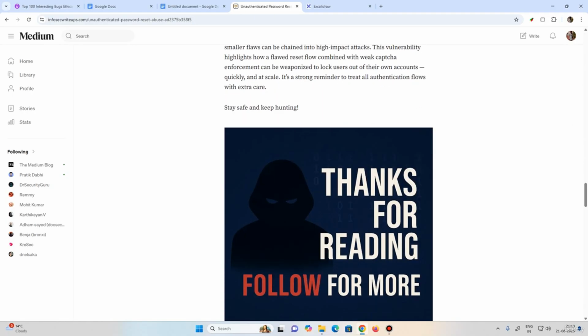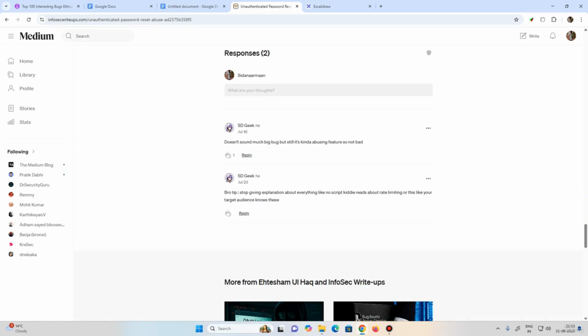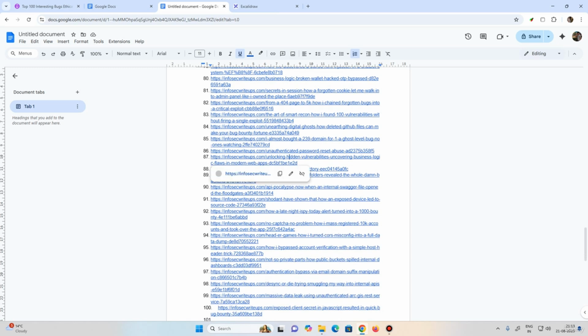So if you report it like that to a company, they would say it's intended, right? Because it's a feature. That's what the people said. It doesn't sound like a big bug, but it's kind of abusing a feature, so not bad. Stop giving explanation about everything, like no script kiddie reads about rate limit and your target audience knows these. So yeah, I personally feel the same. It's no bug. The company would say it's an intended feature. But yeah,